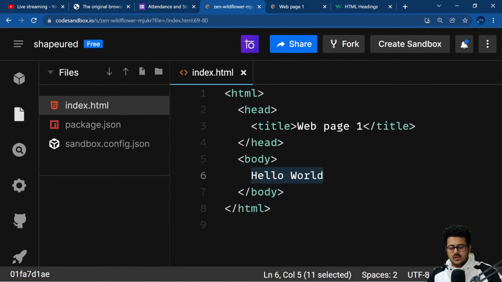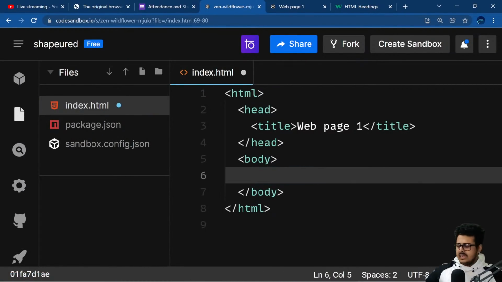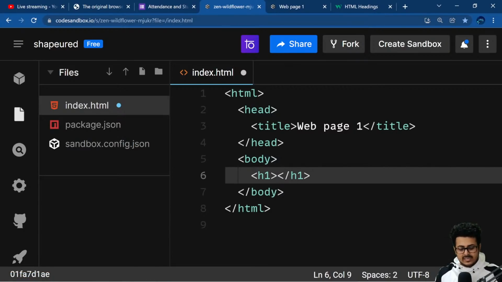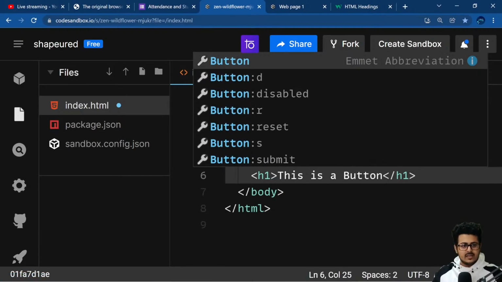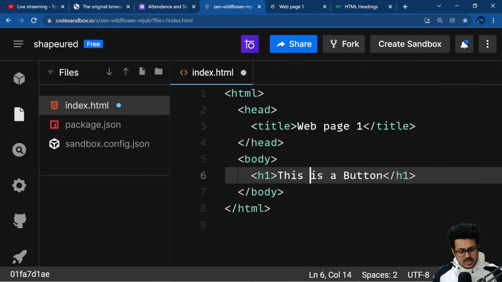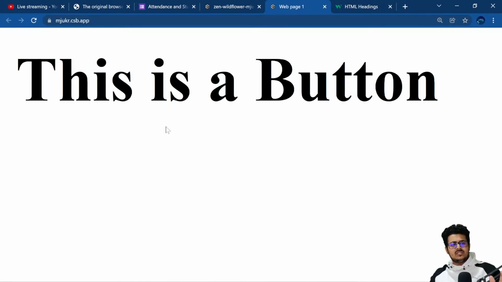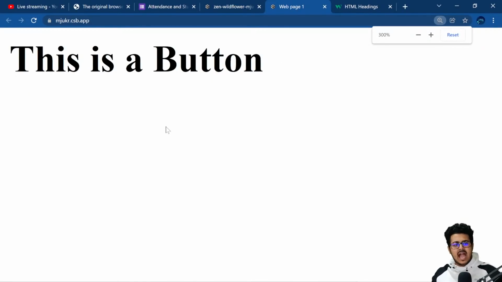I will remove the hello world from right over here, and instead of hello world, I will be writing my first element inside body, that is the H1 element. The H1 element will be very simple. I will have the H1 element laid out right over here, and I will be writing "This is a button." So I'm saving this, going back to my website, and reloading the page. You're able to see that I'm having a big and bold text on my screen saying